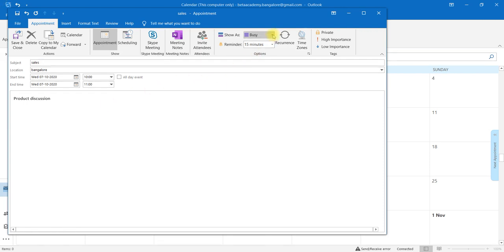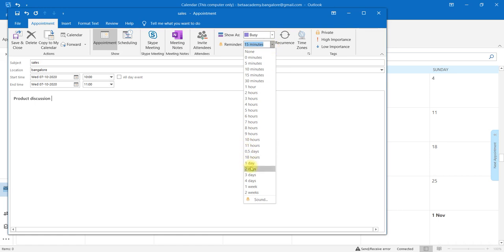Then we have to show here whether the appointment is busy, or out of the office, and at the end, if the appointment is cancelled, then we can make it as a change. And the reminder, in the sense before how many days or how many hours we want to be reminded about this particular appointment.